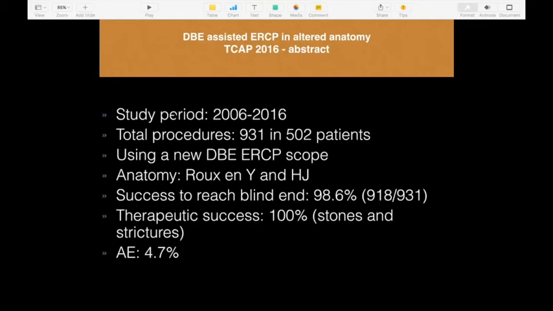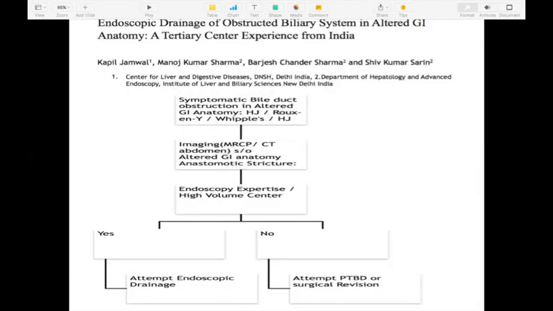But this operator or this group has been doing such ERCPs for the last 15 years. So that's why the yield is very high, and it may not be replicable in our patients because our numbers are so less. Our group also published a paper on similar, that if a patient has presented to